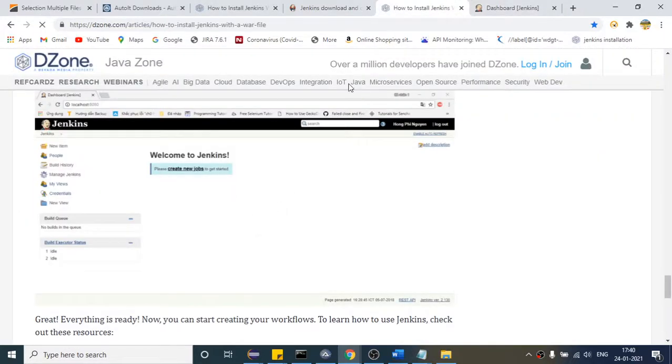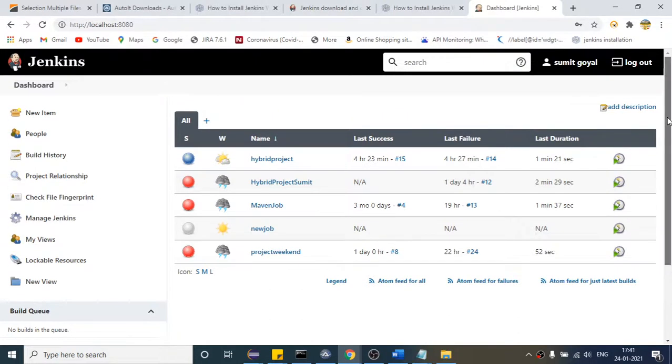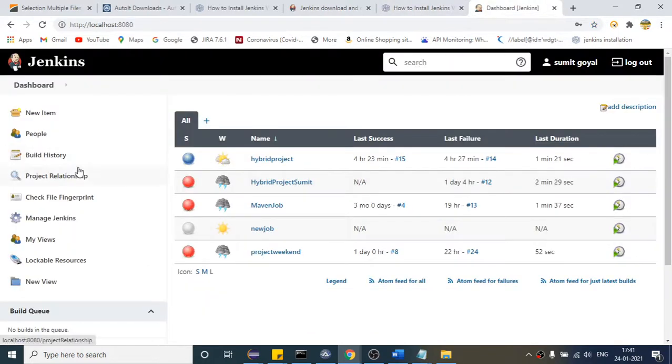Before doing anything, first we have to tell our Jenkins where our Java and where our Maven is present in our machine. To do that, I will come to Manage Jenkins. Click on Manage Jenkins when you come for the first time.